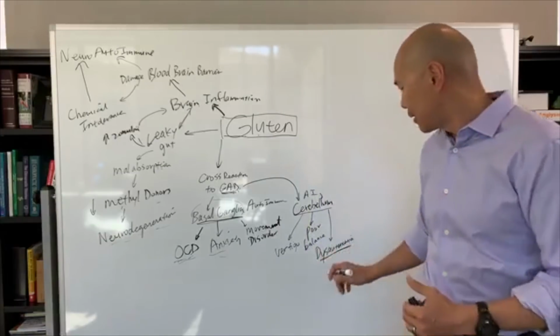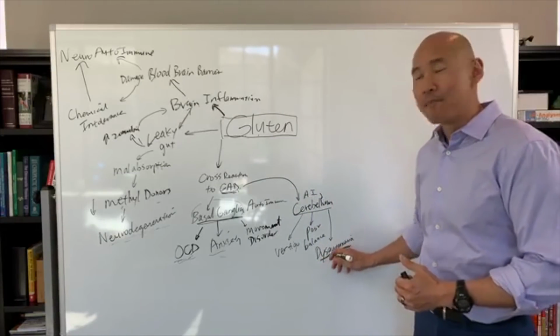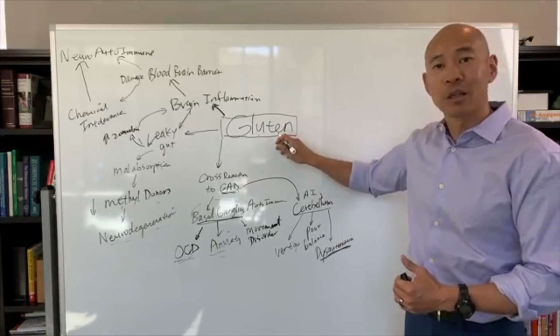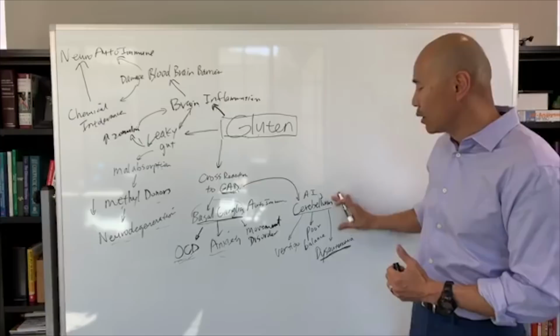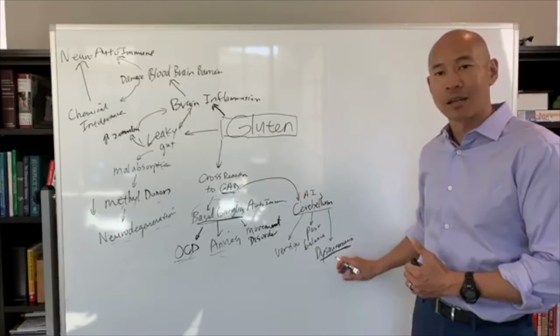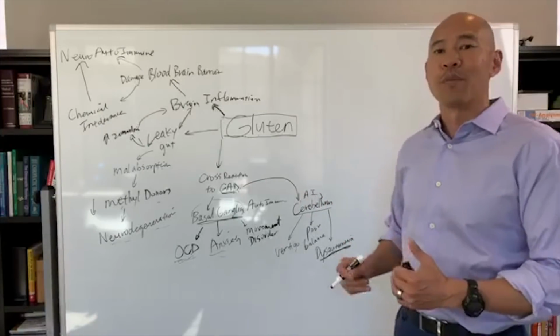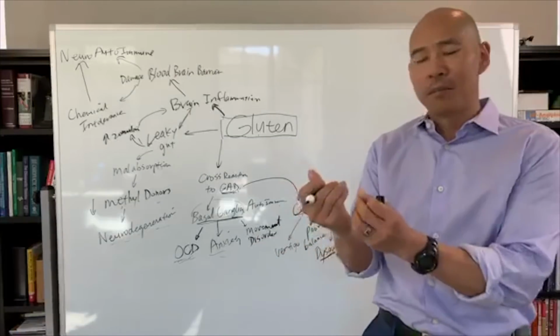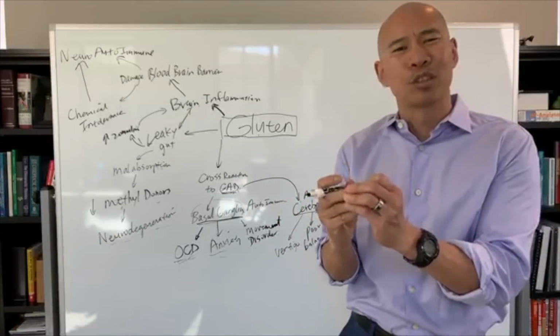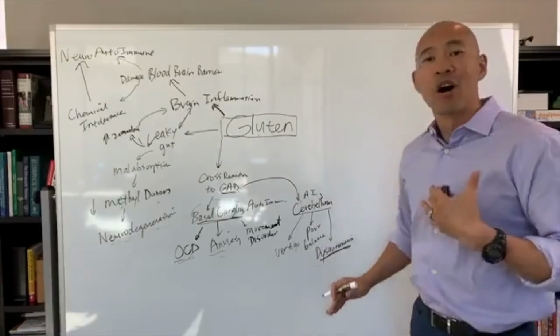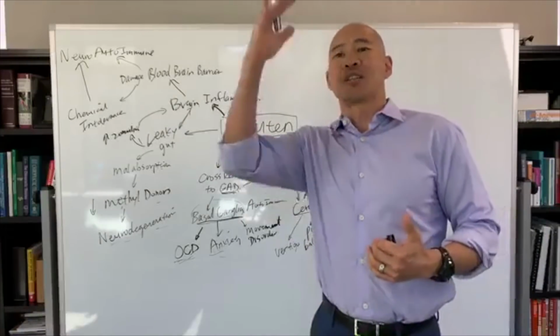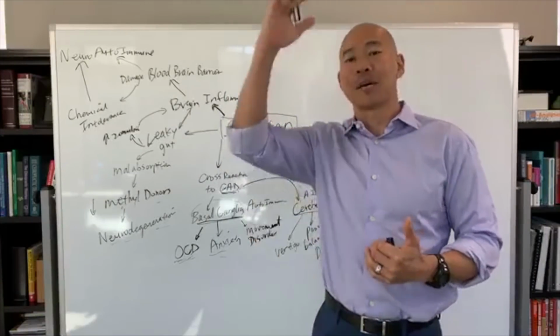If you have POTS, that's a form of dysautonomia, and POTS can be related to a gluten reaction causing autoimmunity to your cerebellum, leading to autonomic dysfunction. Or you may have Raynaud's syndrome, where your blood vessels don't fill, so you have poor circulation in your hands. You may have heart palpitations, or your heart rate just gets jacked up, slows down, speeds up, slows,